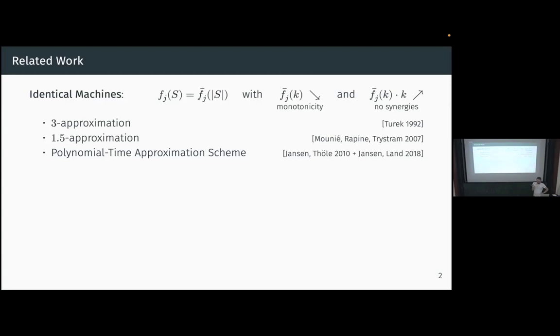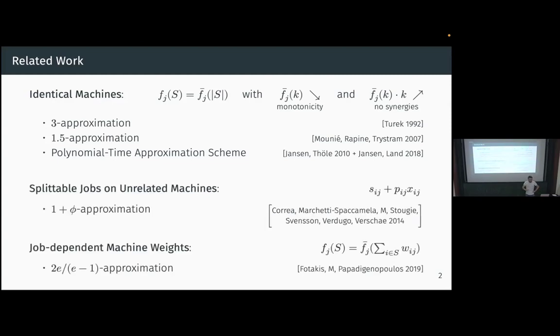So now you could ask, what about the case of non-identical machines? And there's also some work on this prior to what I'm presenting. I don't want to go too much into detail here. There's a related model that's called splittable jobs. There's another generalization that we did previously, which is with job-dependent machine weights. I don't want to talk about the details, but the main message here is that in both of these cases,